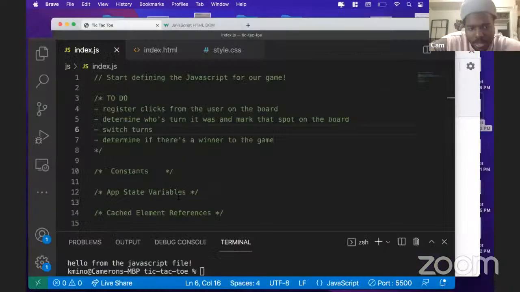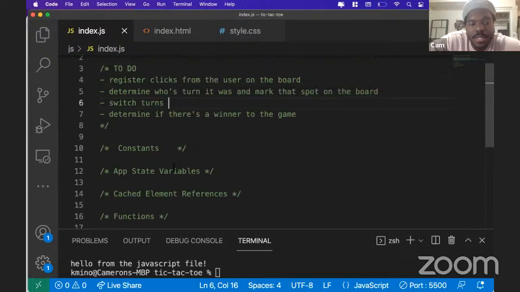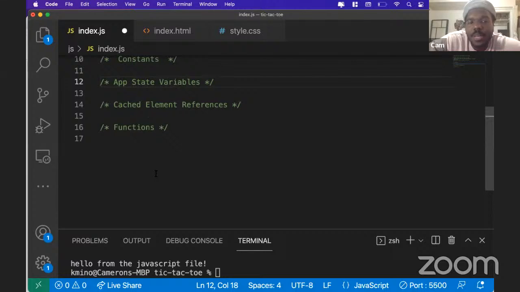So the way that we're going to do that is we're going to use JavaScript to create a system for monitoring the board that is created in HTML. And in order to do that, what we're going to need to do is define some variables and define some functions, right? So firstly, what we're going to do is,